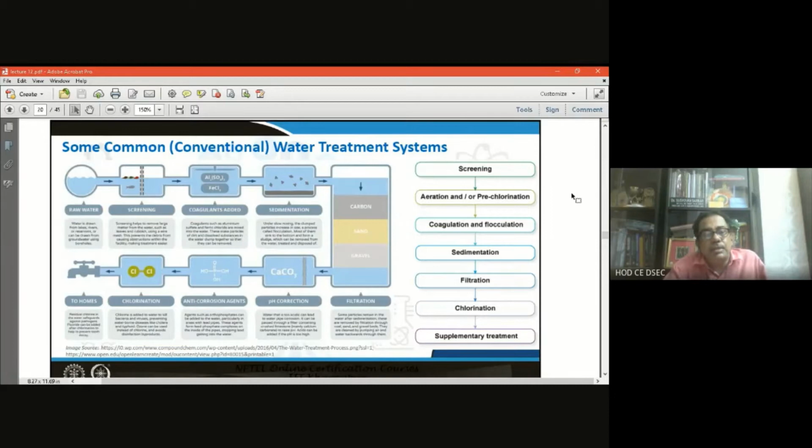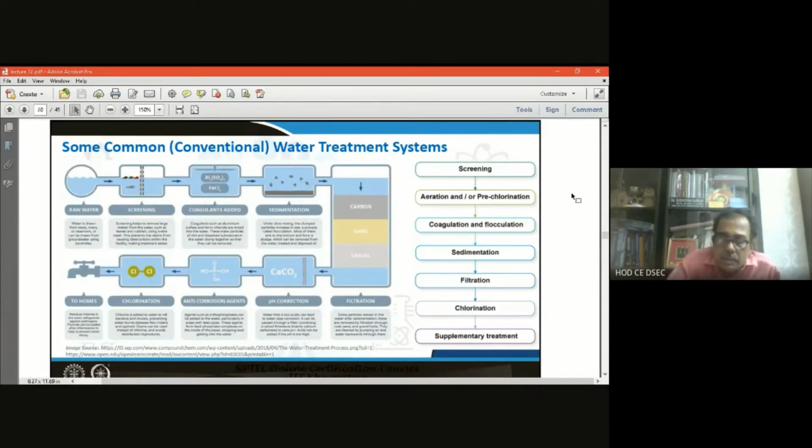So this is the function of the sedimentation tank: the sludge is settled and the clear water goes to the filter. So serially, from the screening, then flocculation, then the sedimentation tank, the water passes from the sedimentation tank, when the flock is allowed to settle, and then the clear water goes to the filter.